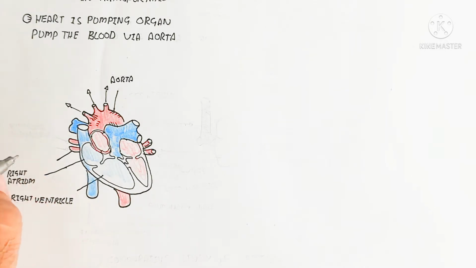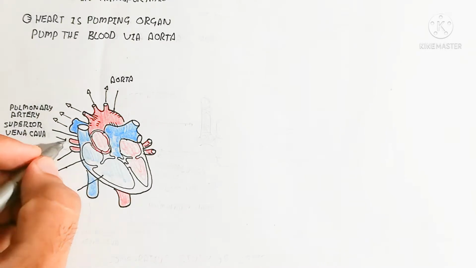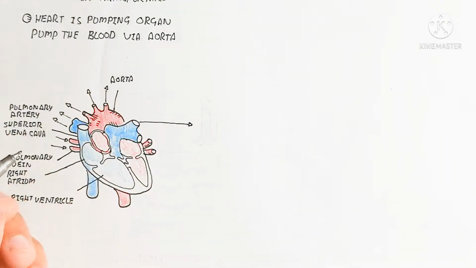After the right atrium to right ventricle, the valve opens. When this right ventricle fills, blood moves toward the pulmonary artery, which contains